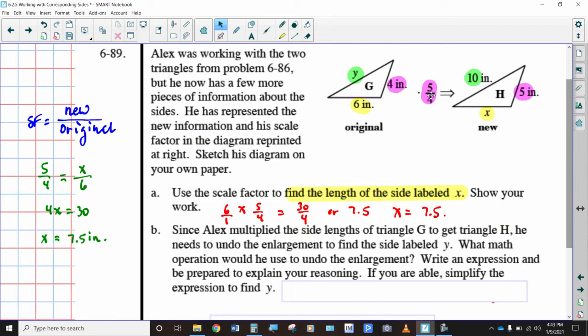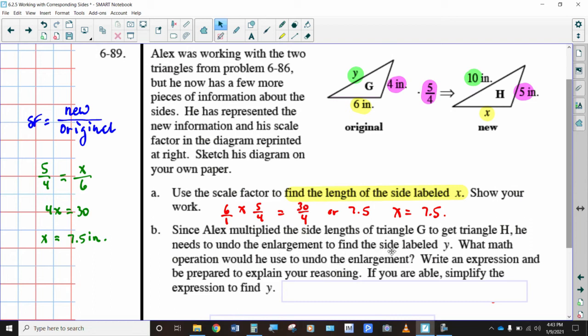So whether you choose to use the scale factor, that multiplier, to find your new side length, or whether you choose to set up a proportion with corresponding side lengths, it doesn't really make any difference which way you do that, okay? All right, so part B,